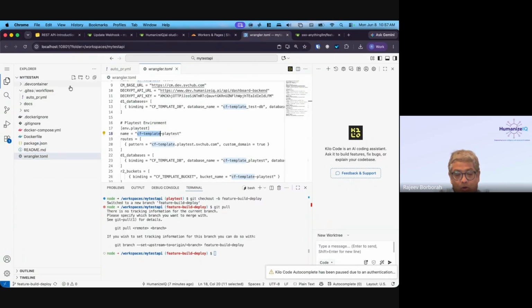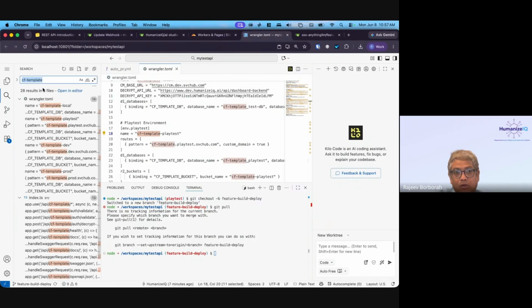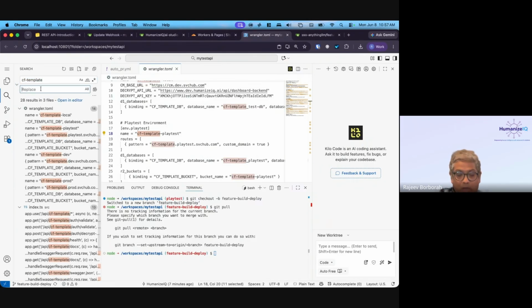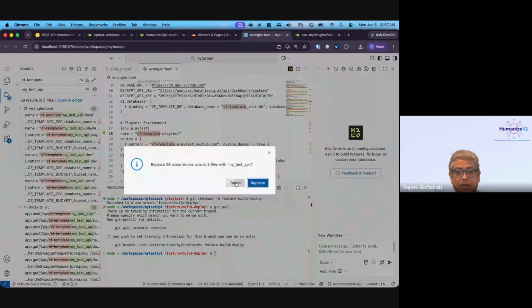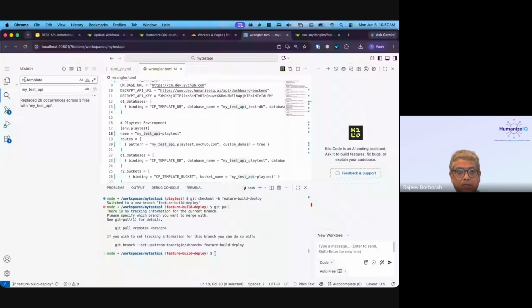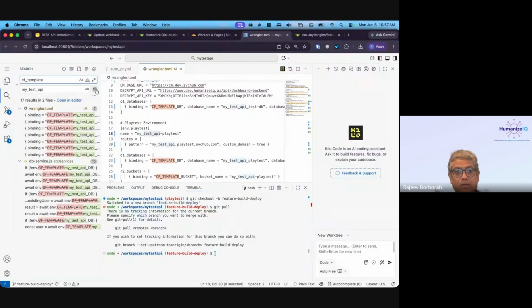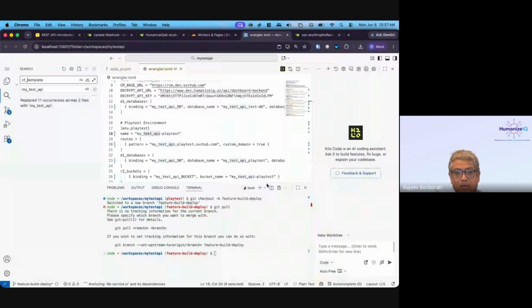So I'm going to do a universal replace of CF template with my_test_API, right? And I will also replace CF_template with the same thing.